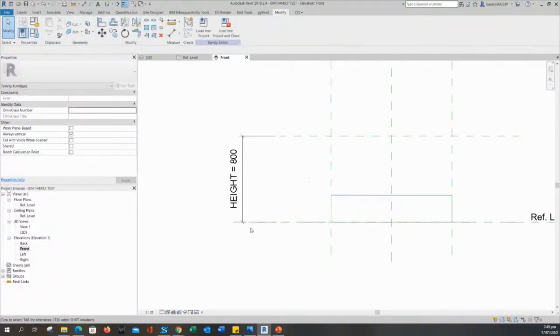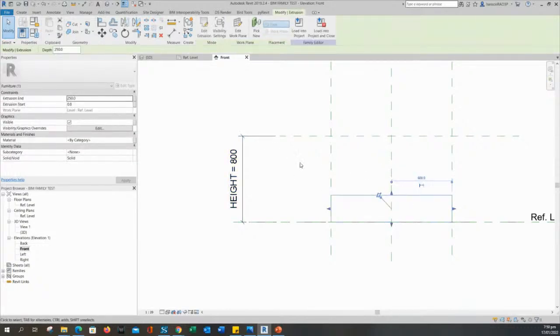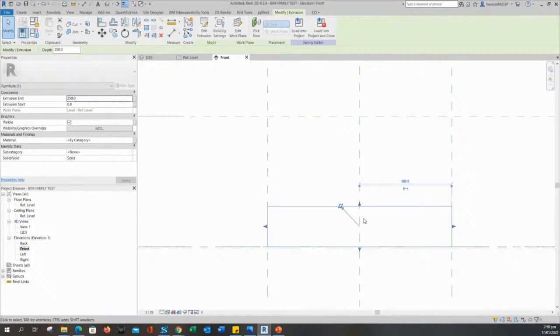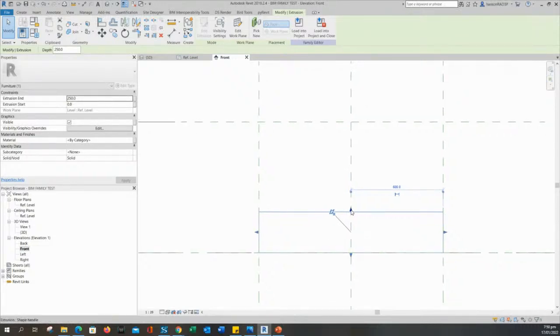Now for the height, as you can see, it's 800, and it's not following that because when we started with the extrusion, it has the information already that 250. Now what we're going to do is to click here, and then you will see those grips, the left, right, and the bottom grip. So I can just drag it from here,